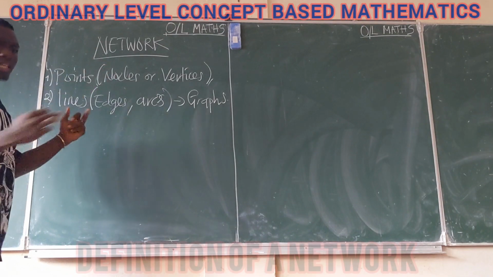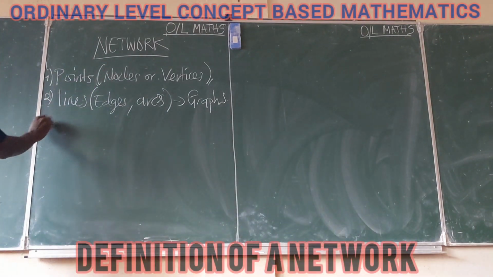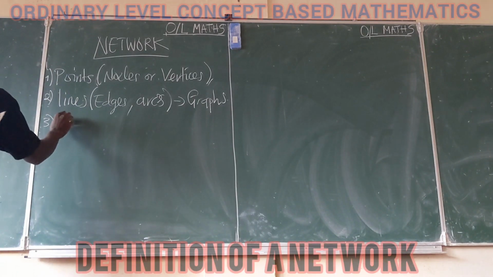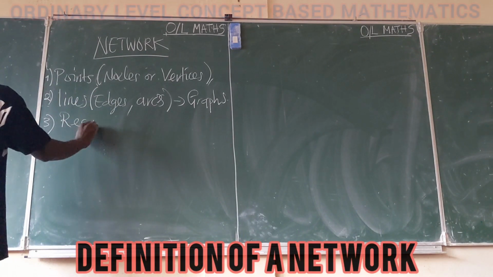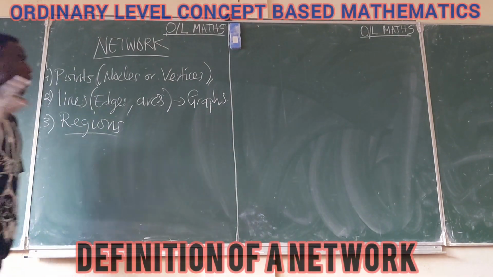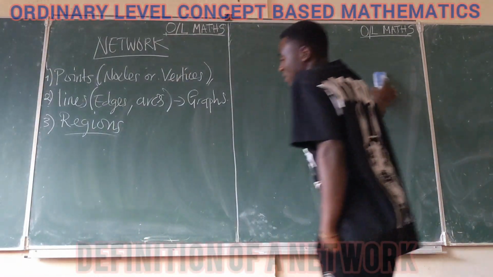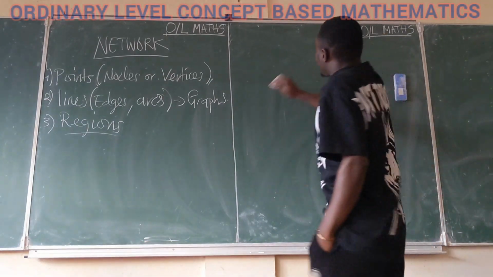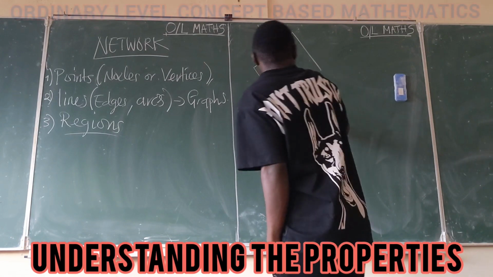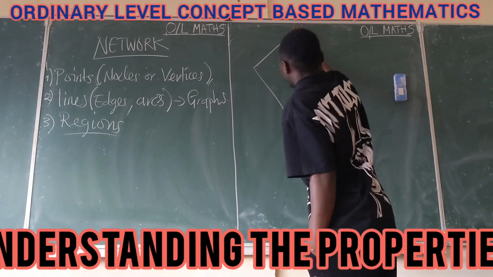Now, when all of these things interconnect, they are going to form a network. In addition to what we call compartments, which are referred to as the different regions involved. Now, we are going to be understanding these properties in short. So let's consider a network below. If we have this as our network,